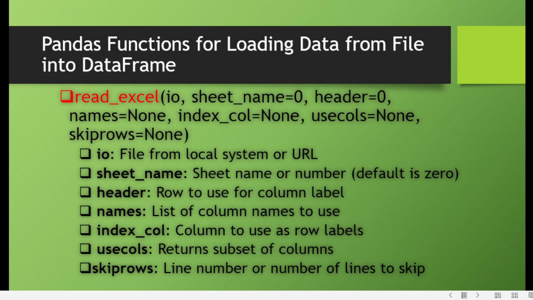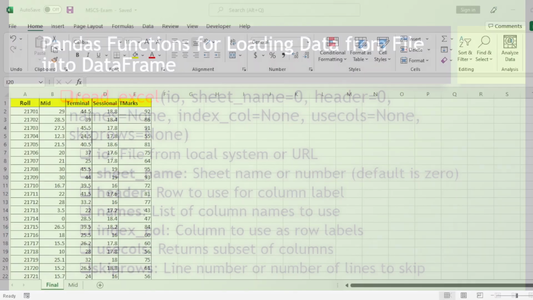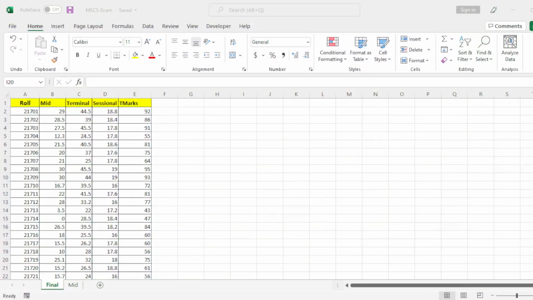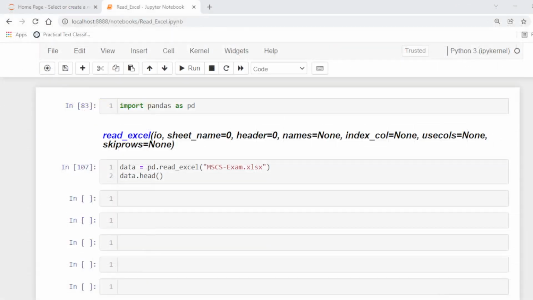So here we will use the Excel file, a sample Excel file for practice. It contains 5 columns, roll, mid, up to total marks, and this is the sample student marks data. So let's start the practice here.